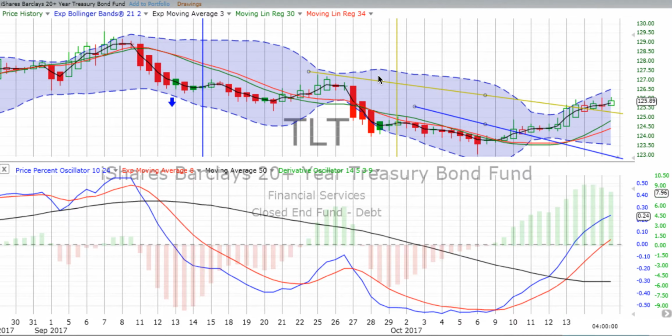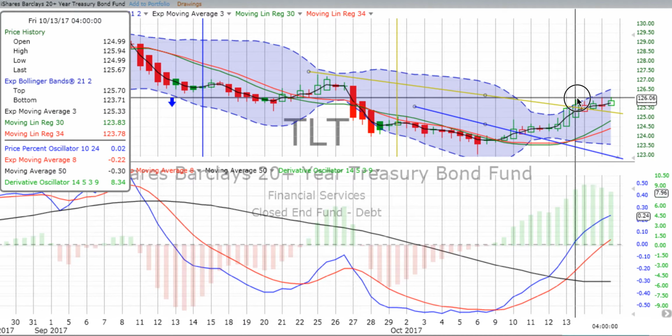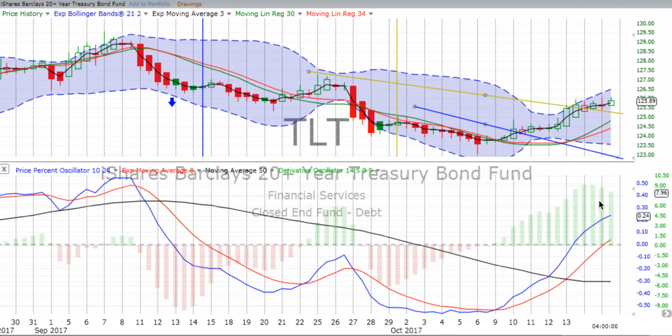If it does top off, and it's been hitting about the same point, and rotates over going down, there is a huge distance, though, between the red signal line and the blue price percent oscillator. But if it flips over going down and both your weekly and your 2-day are in down moves, you want to jump into that, my friends.